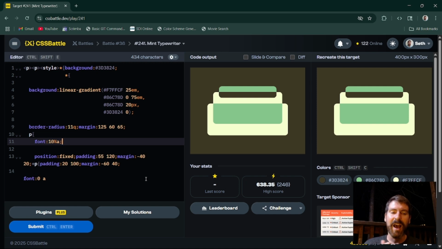Hi there. I wanted to find out if hiding a gradient within a gradient using font was a good idea or not for CSS Battle. So let's put it out there. Let me know. What happened here is in the recent CSS Battle, I ran into the situation where what